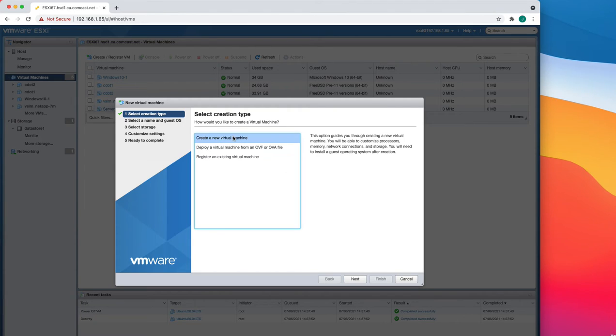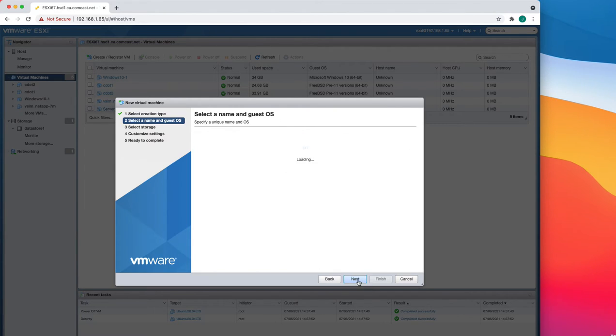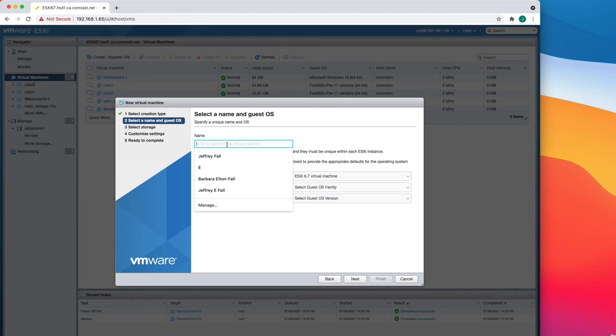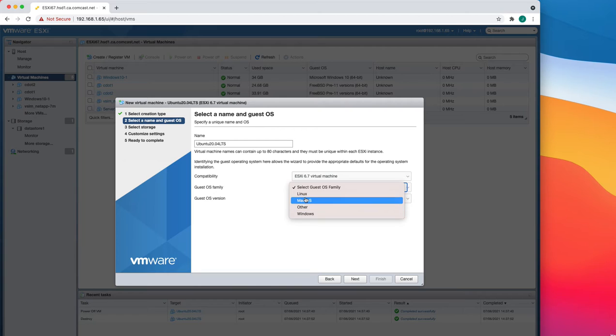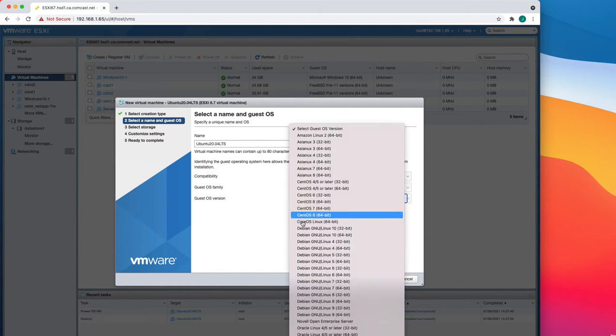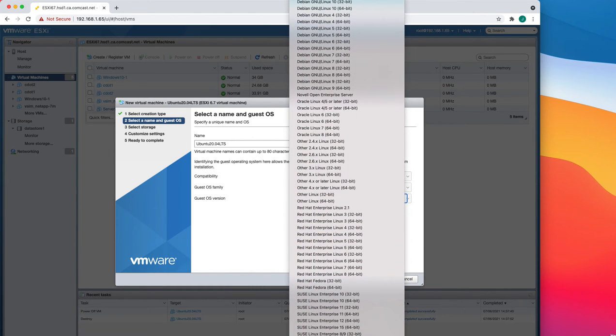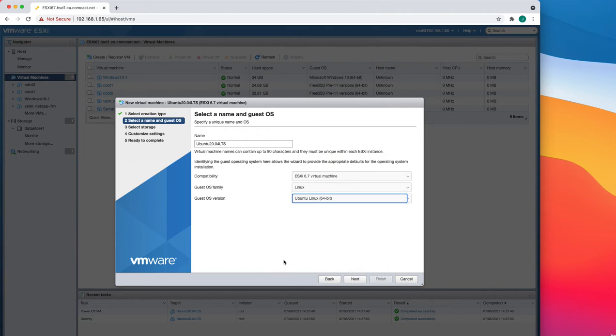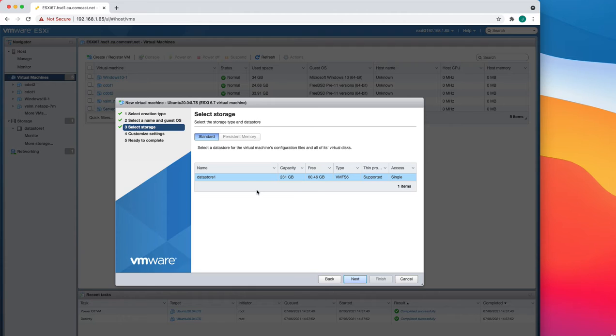And I'm going to say new VM. I'm going to call it Ubuntu. There we go. That's probably a good name for it. 6.7 guest OS. It's going to be Linux. Ubuntu at the very bottom here, which there it is. All right, so I know I have an image on this thing already to install from,